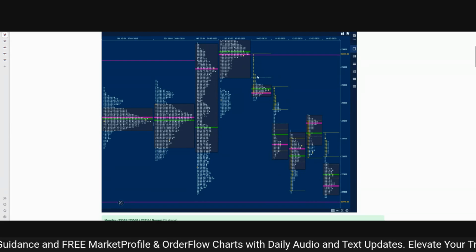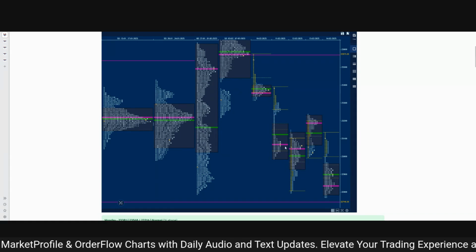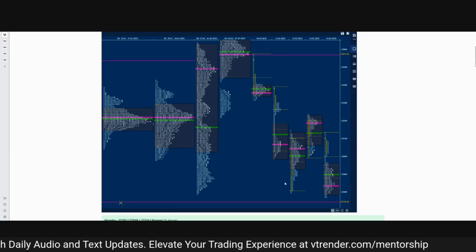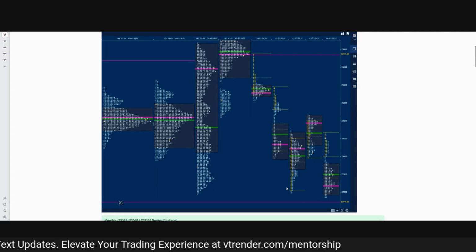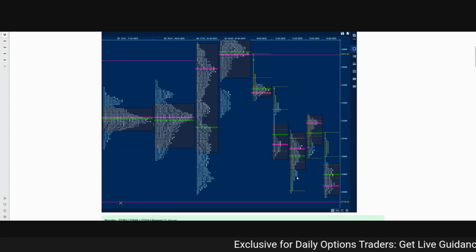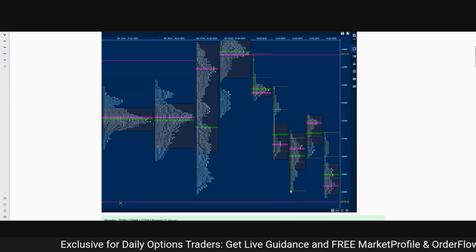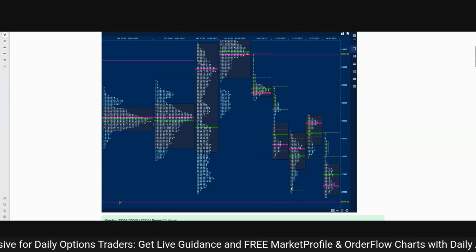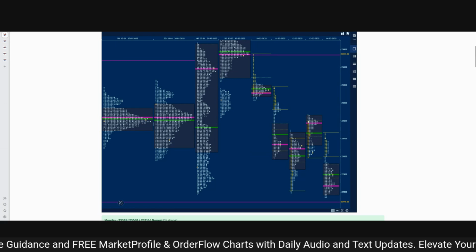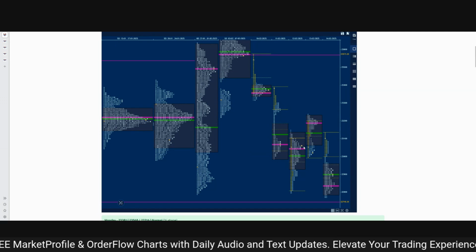So although the main trend was lower, to the downside, because of the imbalance down, most of the inventory had gotten too short, and because of which it was getting exhausted. And then when we saw this initial balance being extended, it got rejected and it came back into the IB, the initial balance. So that is what gave us this failed auction, and this failed auction gave us a target. It gave us a 1x and 2x objective, and we saw a bounce back